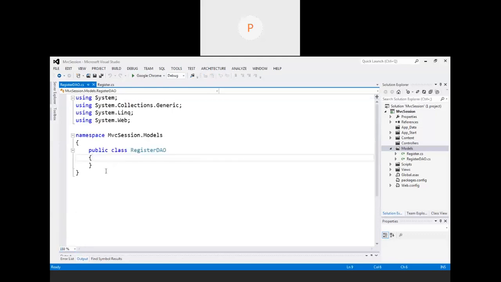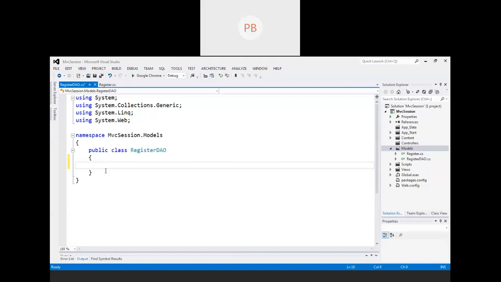To do the same, first I have to create a method which is responsible for registering the data, meaning inserting the data within a database. Now here our table is bound with which class? Register.cs. So it means I have to insert the data with the help of an object of the register class.